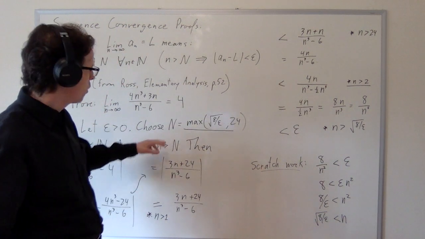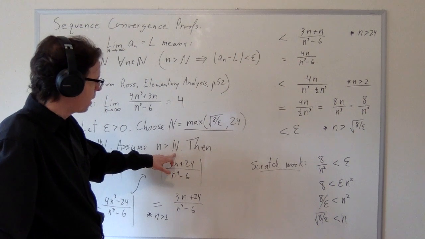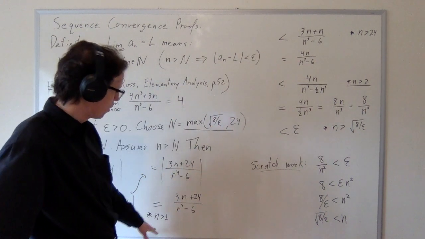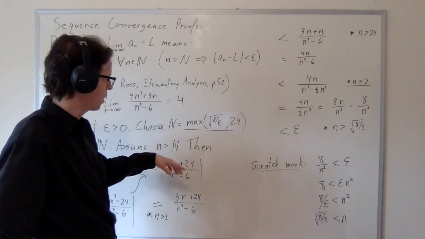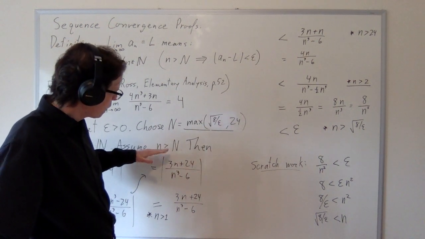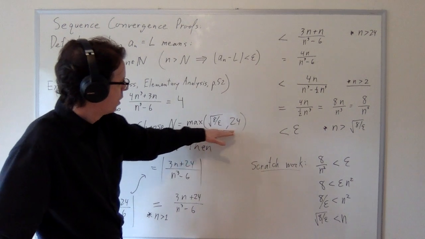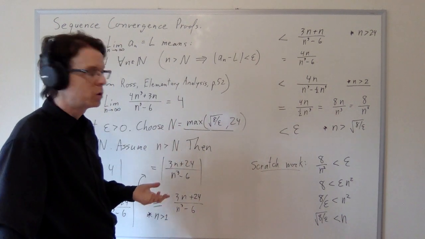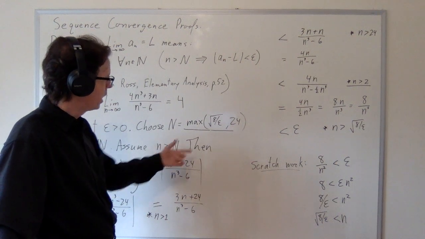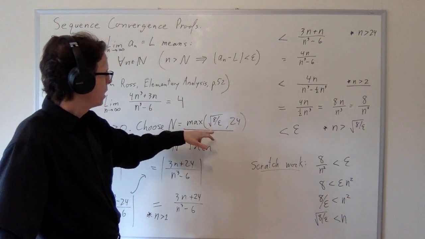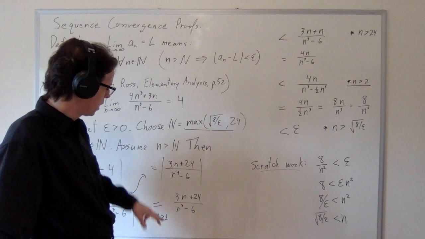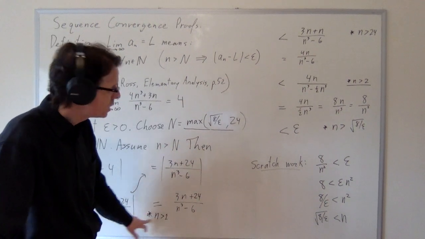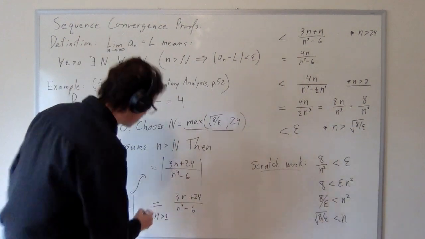Now, when I assume that little n is greater than cap N, I'm assuming that it's greater than the maximum of these 2 values. I could put 1 and 2 in the list too and take the max there if I wanted. I'm effectively assuming that little n is greater than the maximum of two values, and therefore it's greater than either of those 2 values. And so I know then that little n must be greater than 24, it must be greater than the square root of 8 over epsilon, it must be greater than 1, and it must be greater than 2. And so all of these asterisk comments here